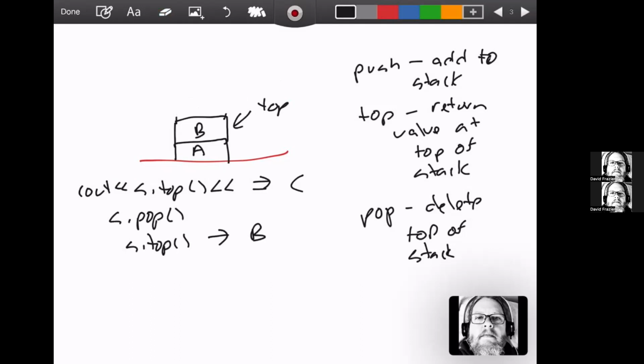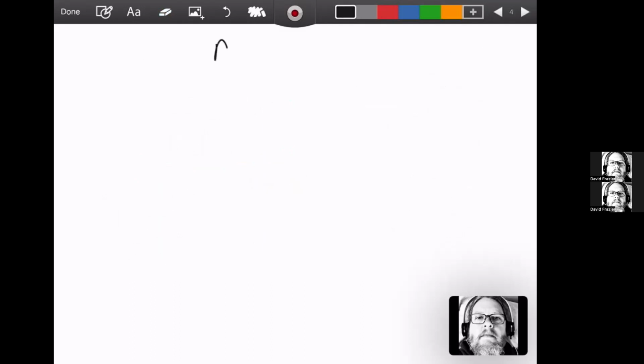So let's now look at the code. Oh, sorry, one more thing I want to talk about: this idea of an abstract data type. Again, I mentioned it a little at the beginning, but the idea here is that I'm going to create this stack